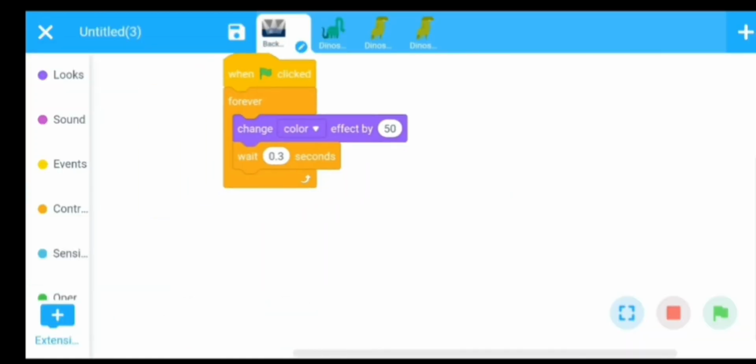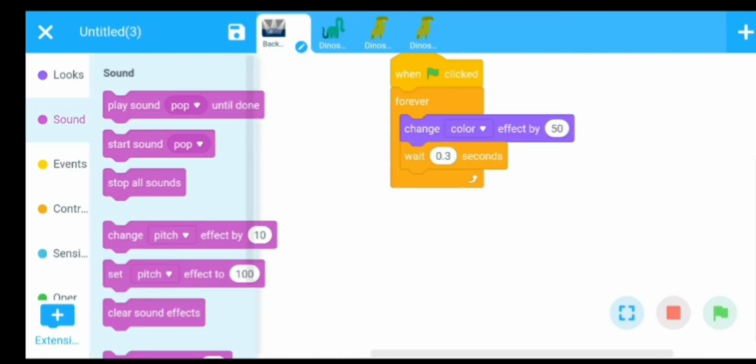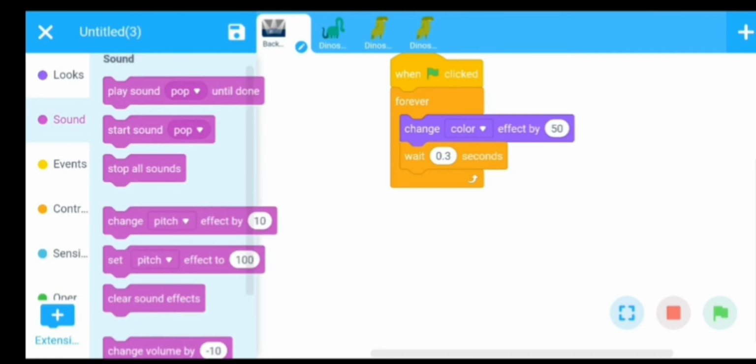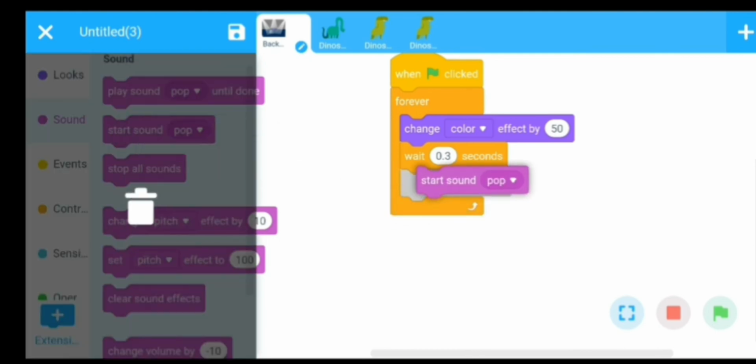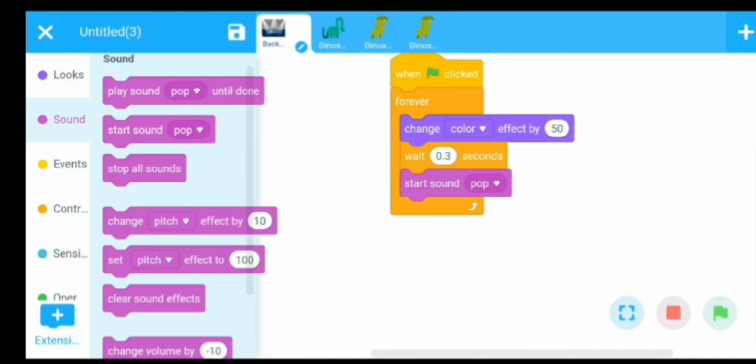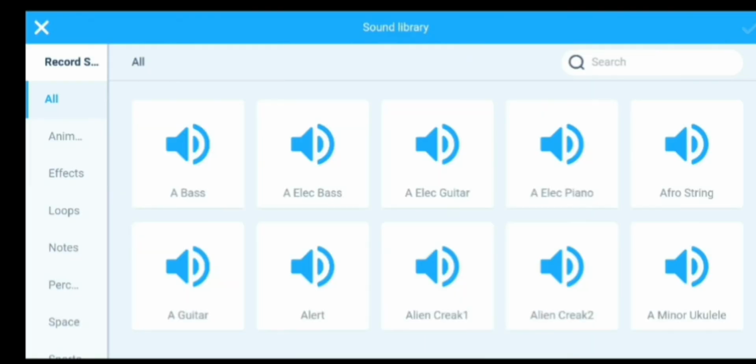One step is also remaining. Look at here, there must be sound in a party. For adding the sound effect, go to the Sound section. Choose the start sound pop command here. Add a sound.